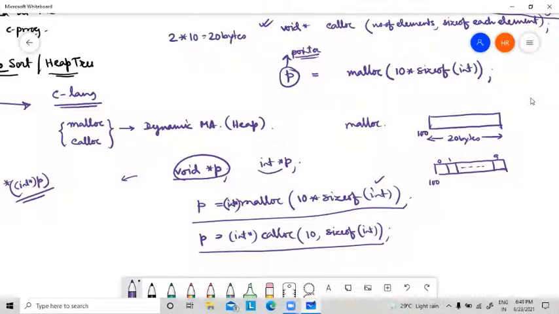Same address, suppose. So this is the difference. See, the picture is also different for malloc and calloc. For calloc, the memory is already partitioned, and each partition is 2 bytes. But in case of malloc, it is not partitioned. It is a total memory allocated, the multiplication value of total memory.